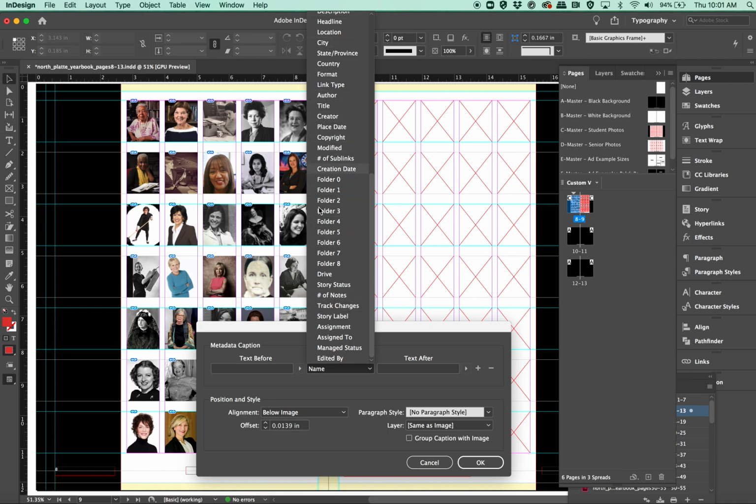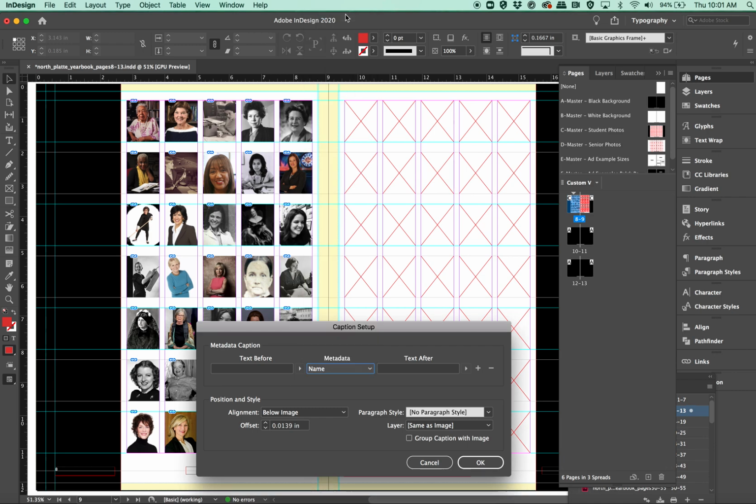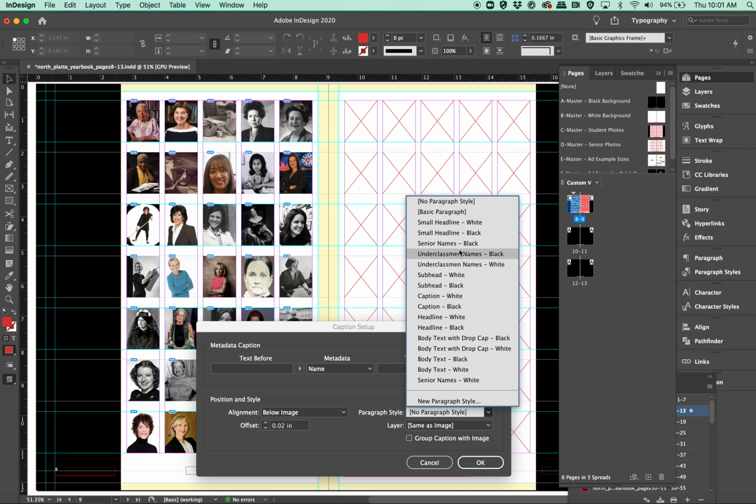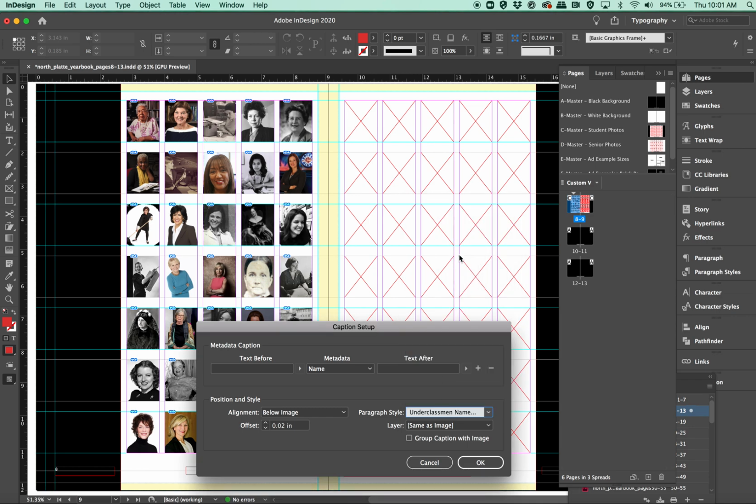You could go in and see with this data if there's one of these that makes more sense. But I'm selecting name for this purpose. I want it to align below the image, and I'm going to say 0.02 for the offset. And then paragraph style, we already have defaults built in, so I'm going to go ahead and say underclassman name is black. Layer will go in same as image, and then I'm going to group the caption and image together